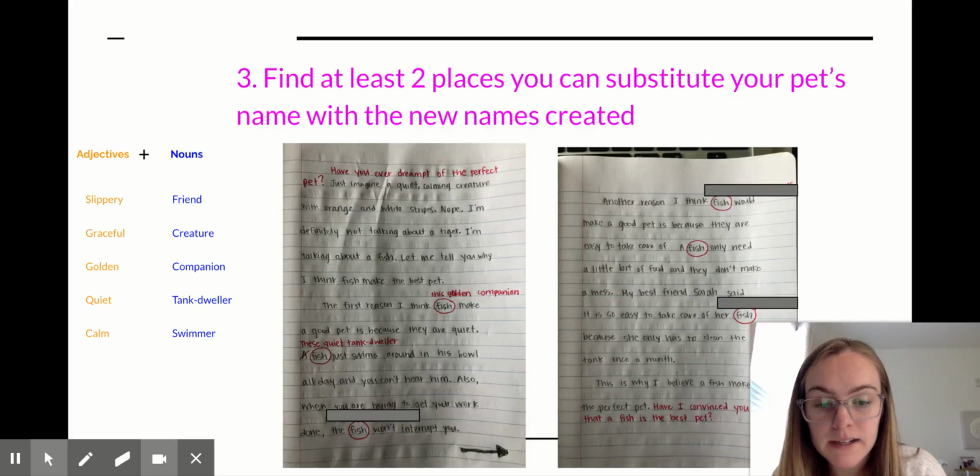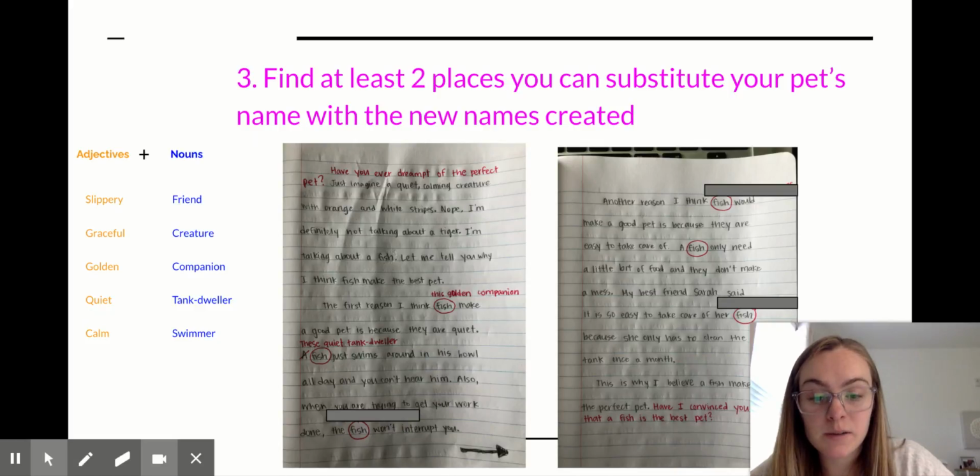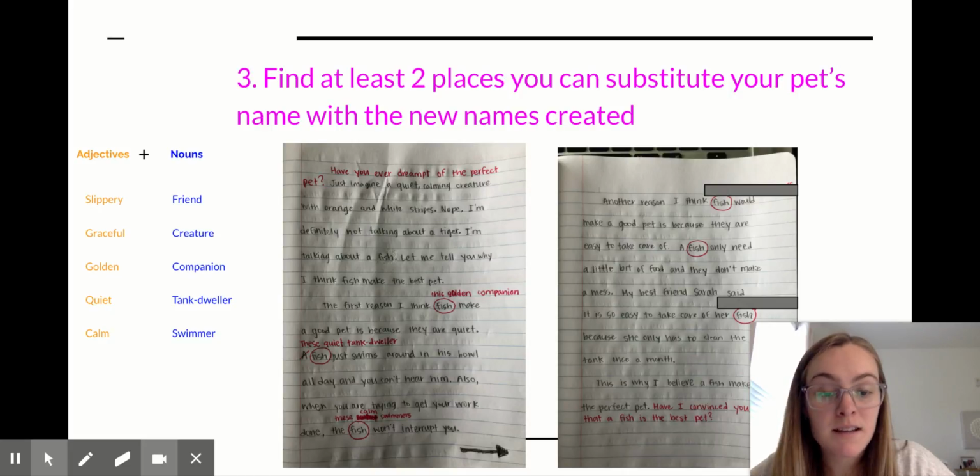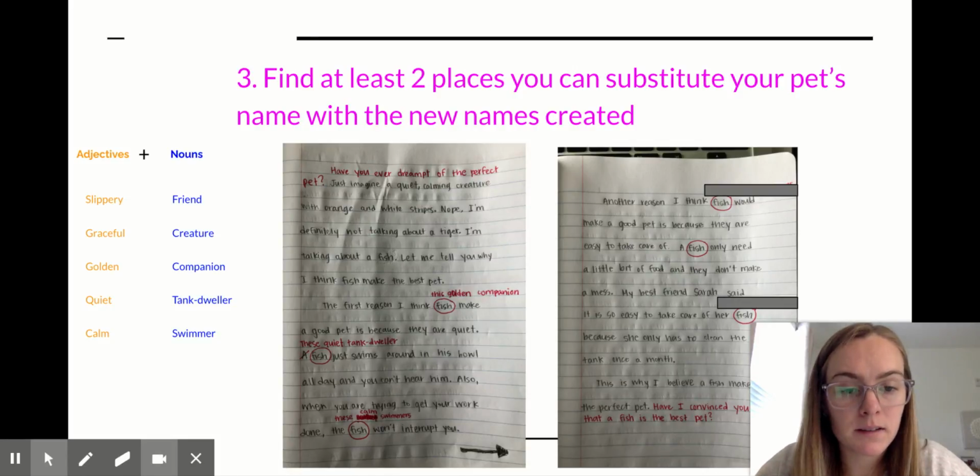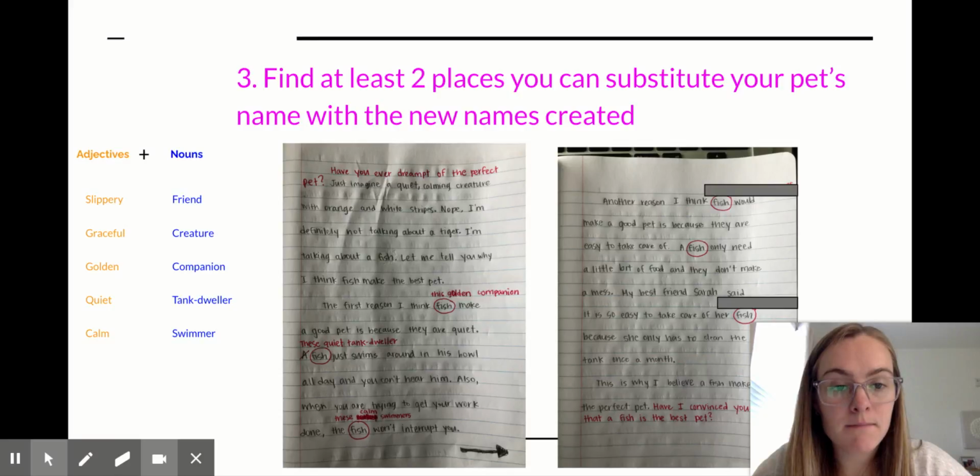Also, when you are trying to get your work done, the fish, so let's see what I put instead of fish. These calm swimmers won't interrupt you. I substituted my pet's name for the new names I created. Let's keep going. Another reason I think fish would make a good pet is because they are easy to take care of. Let's see which name I substituted. Another reason I think these graceful creatures would make a good pet is because they are easy to take care